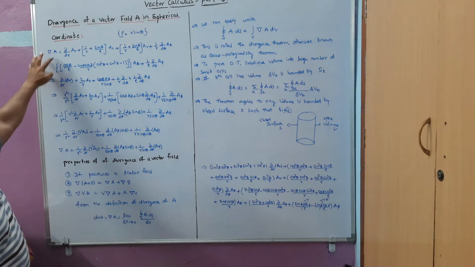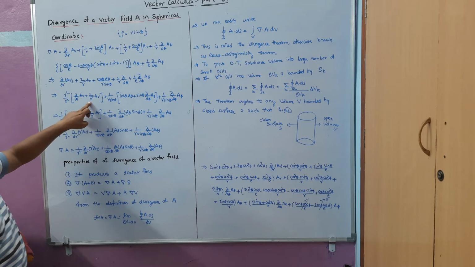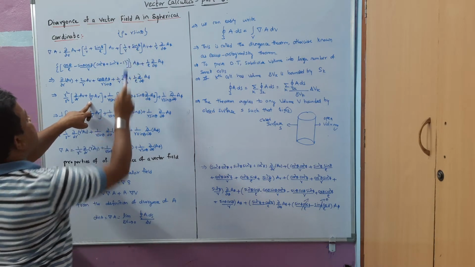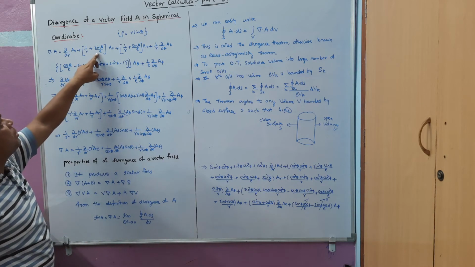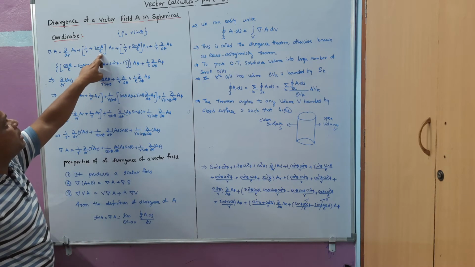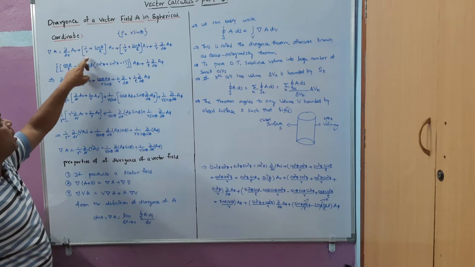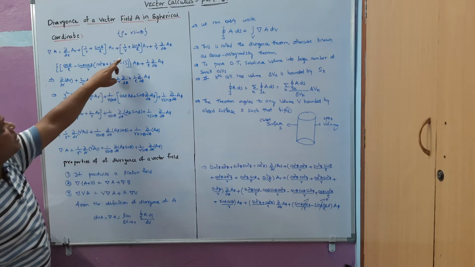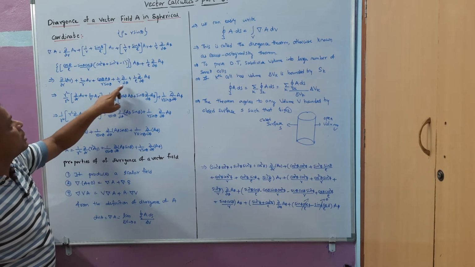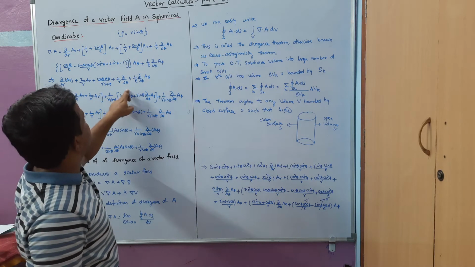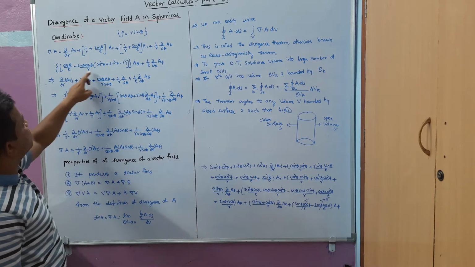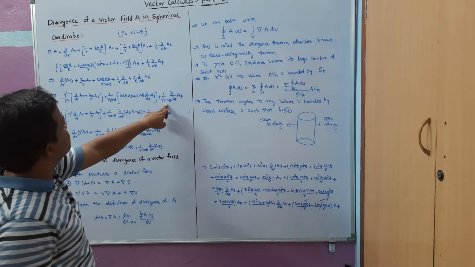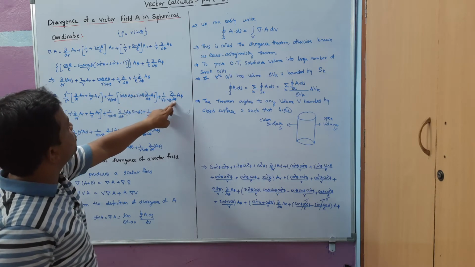Next, after this step, we are going to substitute rho is equal to r sin theta. If I substitute it in 1 by rho, the rho is equal to r sin theta will get cancelled, and I get 2 by r here, and the rest of the things are the same. Rho is equal to r sin theta, 1 by r dou by dou theta of A theta, and similarly all the terms are written again here, that is 1 by r sin theta dou by dou phi of A phi.